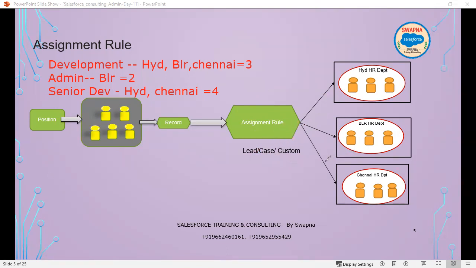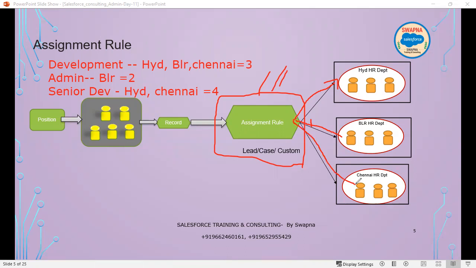When this logic executes at the back end, if the resume came from Hyderabad, then send it to the Hyderabad HR department. If the resume came from Bangalore, then send it to the Bangalore HR department. If the resume came from Chennai, then send it to the queue called